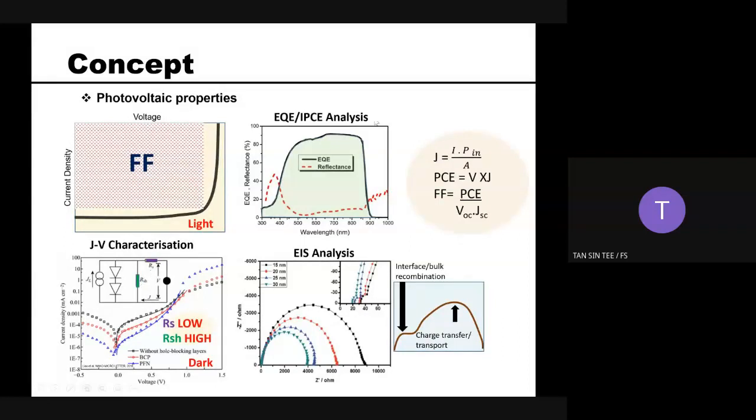This leads to a more detailed discussion, like the geminate recombination or bimolecular recombination occurring in your system. Other than that, we are also doing some very important tests. We call it the IPCE test. IPCE stands for incident photon-to-current conversion efficiency. It means how much of the photons that you absorb are able to convert to electricity. From here we can evaluate at which wavelength your sample is sensitive to absorption and able to convert to an electrical signal.